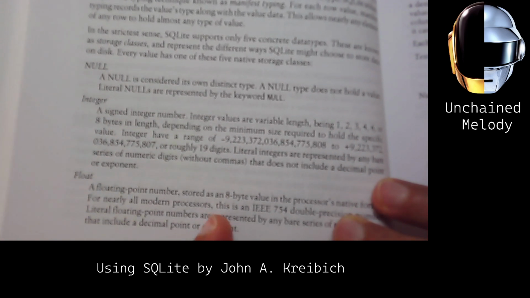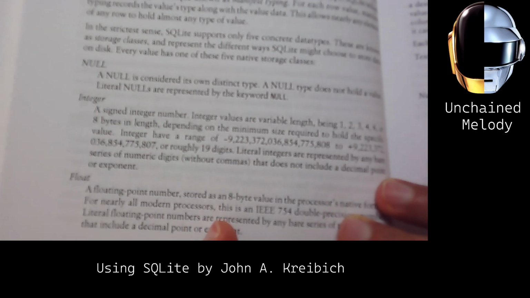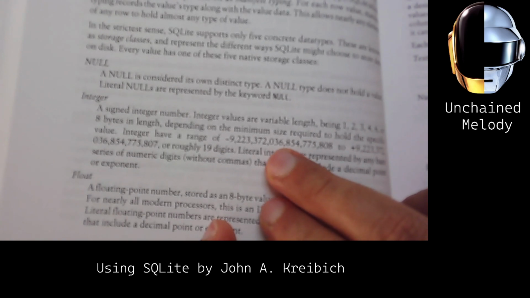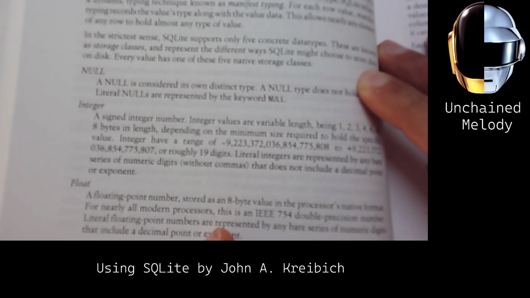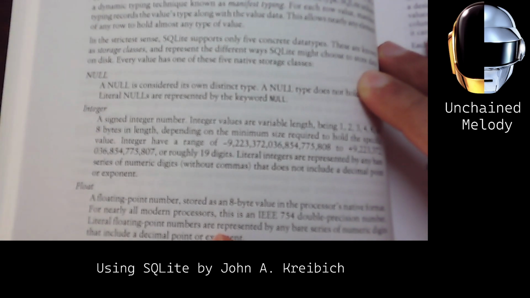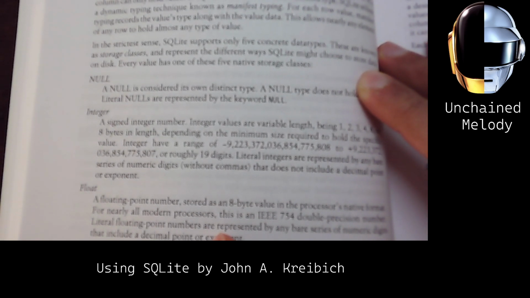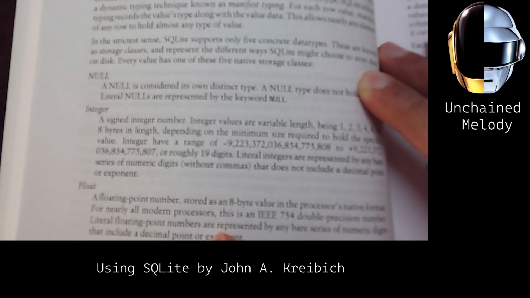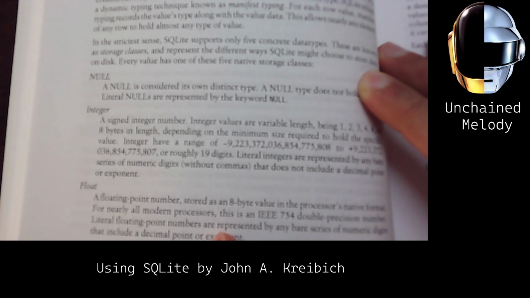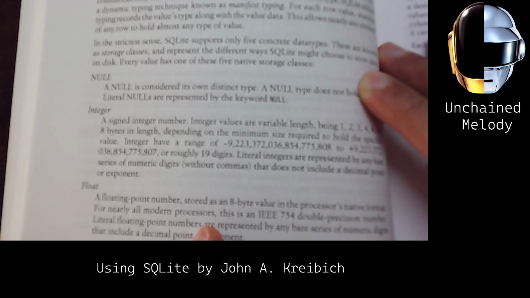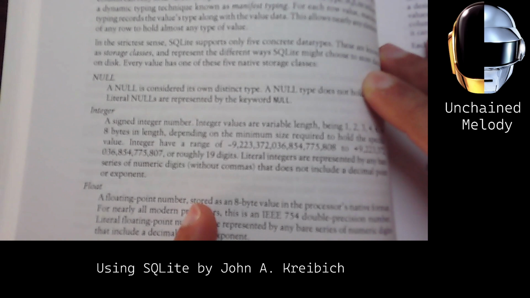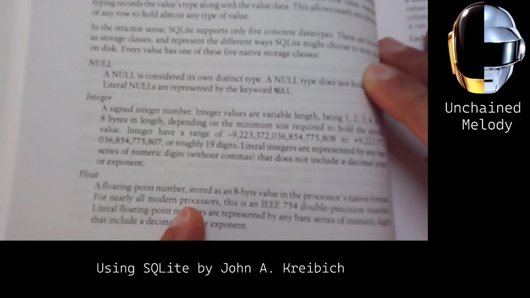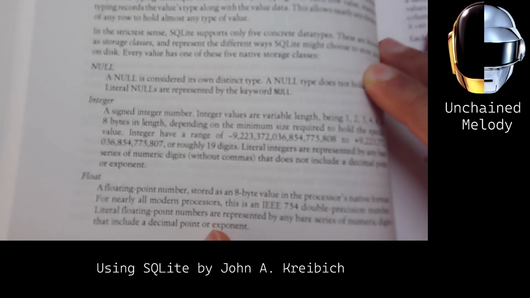Integers have a range of -9,223 trillion, 372 billion, 36 million, 854 thousand, 775,808 to plus, or roughly 19 digits. Literal integers are represented by any bare series of numeric digits without commas that does not include a decimal point